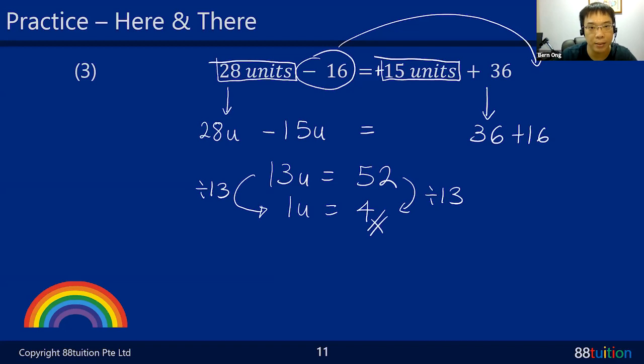Why do you bring a negative to a positive and then you get positive? That is the rule, Felix. At this moment, just know it as that is the rule. All right, because the equal sign is in the center. If you want to bring somebody from the right towards the left, something must change. If not, then not fair, right? You cannot just happily come over. You cannot just happily go over. You must give up something in order to be over there.